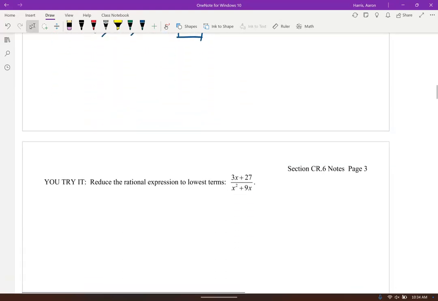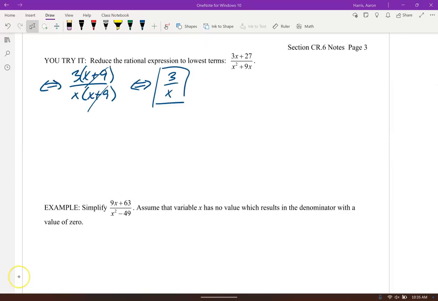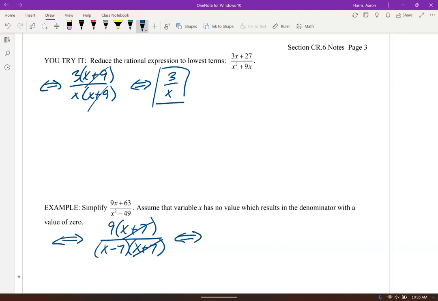Let me have you guys try that one right there. Make sure you got the same thing there, and move on to that lower one there. So let's simplify 9x plus 63 over x squared minus 49. Again, we get factor, right? So we can take a 9 out. Then we got difference of squares on the bottom. So notice our x plus 7's cancel. So we're just left with